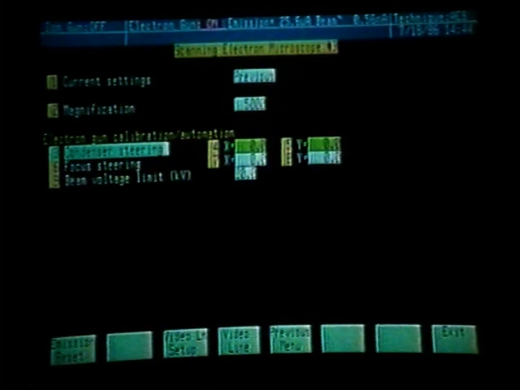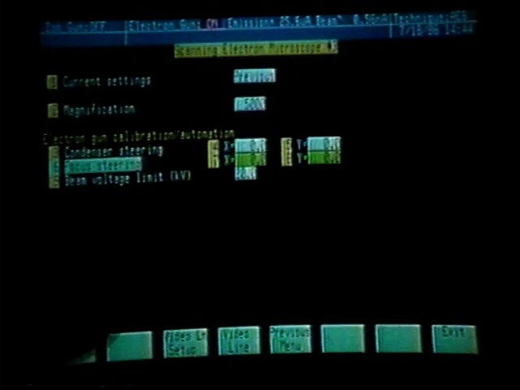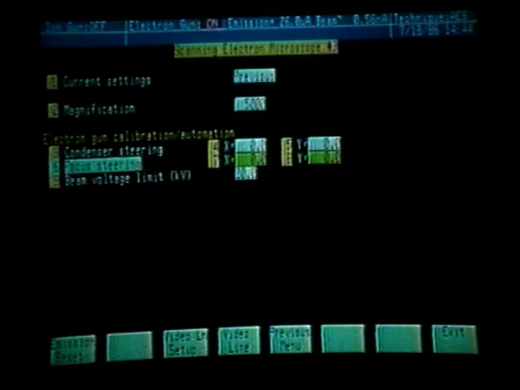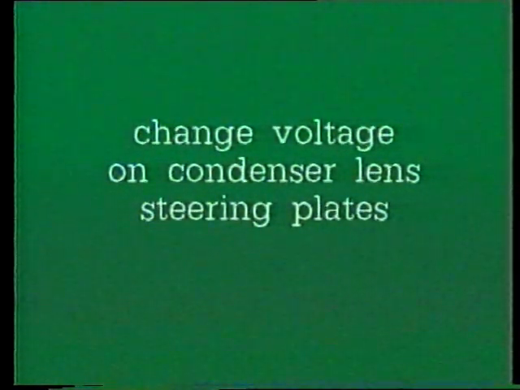Function key number 6 will activate the rocking of the objective lens, and we can then access and slew the voltages on the X and Y objective steering plates. We'll begin by changing the voltages on the condenser steering plates. The easiest place to start is at a magnification of roughly 2000x. So by pressing function key number 2 and entering a magnification of 2000,